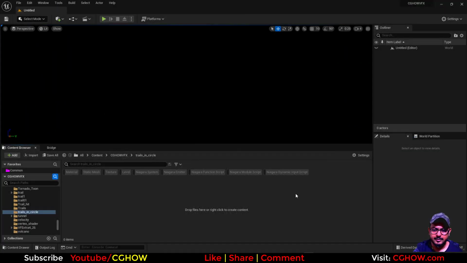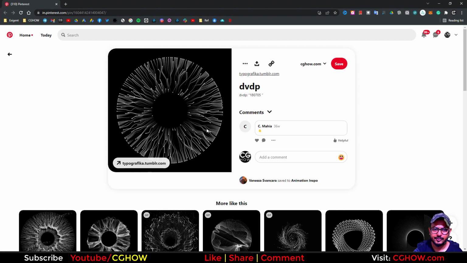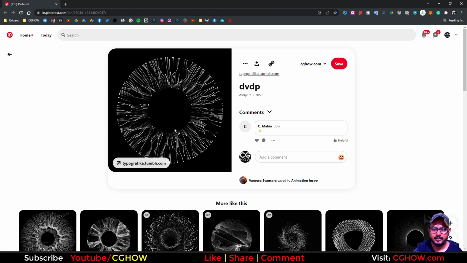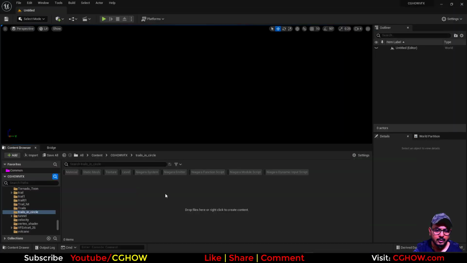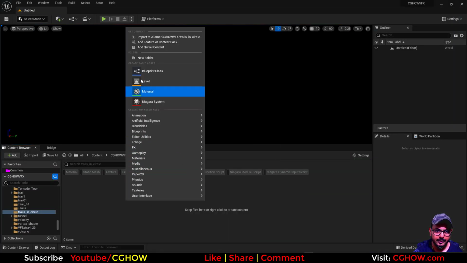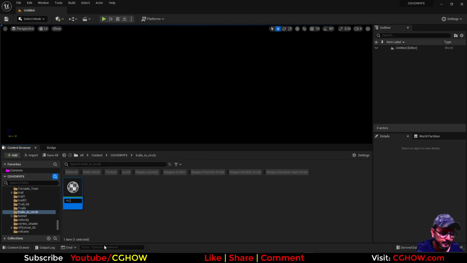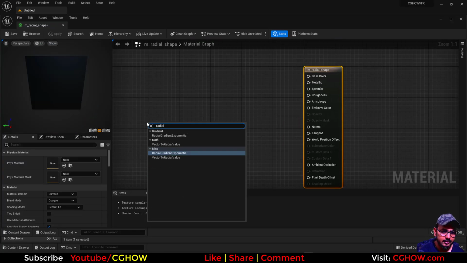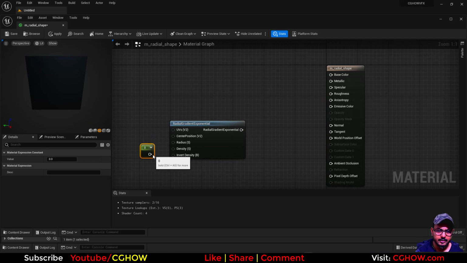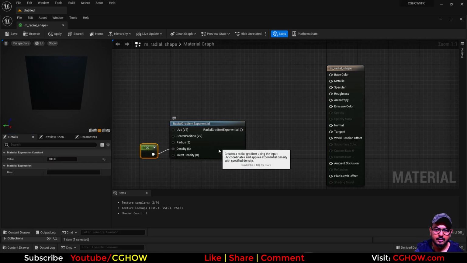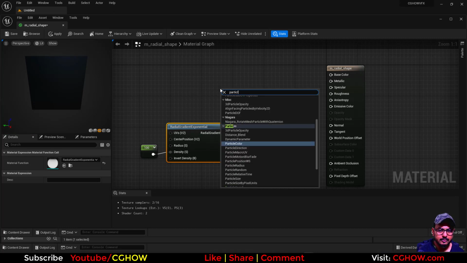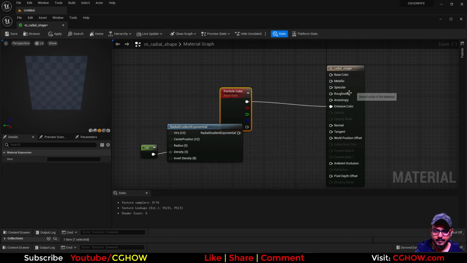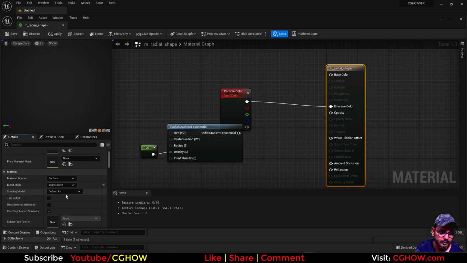So I have this folder, trails in circle, and this is my reference, these trails in this circle. So we will create this effect in UE5 today. So I need a material, a basic material, M, and just radial and sharp. Okay, so I'll take a radial and I'll increase the density, maybe 100, and then particle color here and translate,